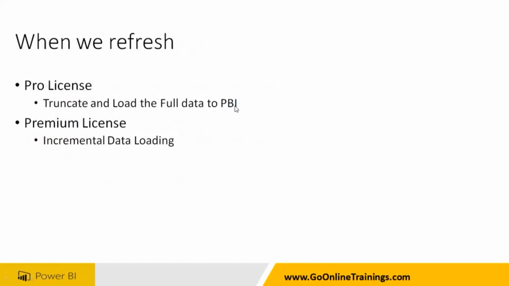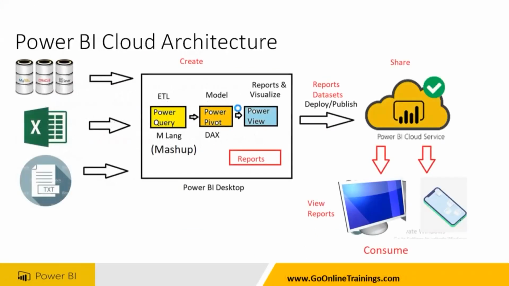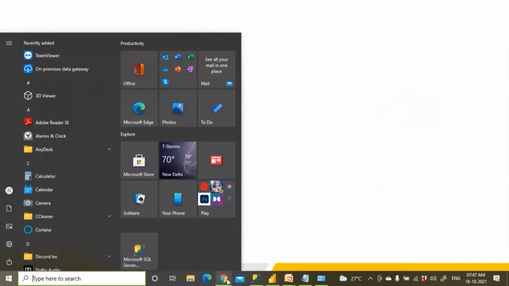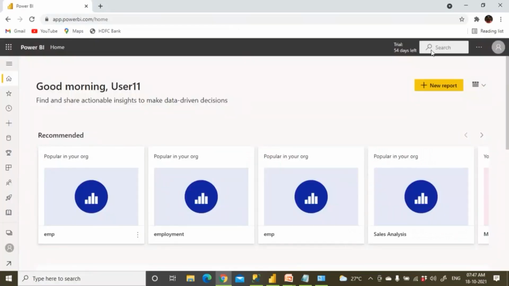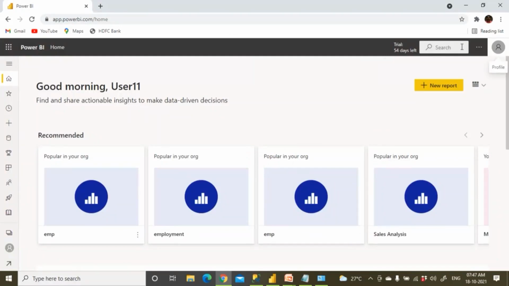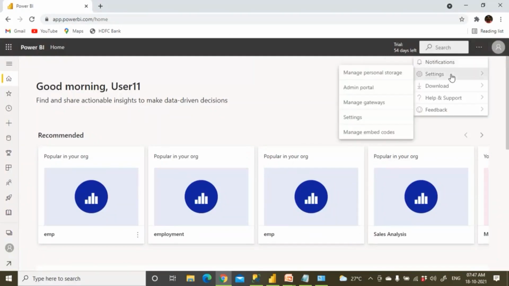Log into my computer using John, right? Now, how do we use the same Kedar gateway installed by user 11 when user 12 wants to use it? It's very simple. User 11 has to go here. So user 11 is installed, right? So what is my mail ID? User 11, right? User 11 wants to give the permission to others because user 11 has this data gateway,